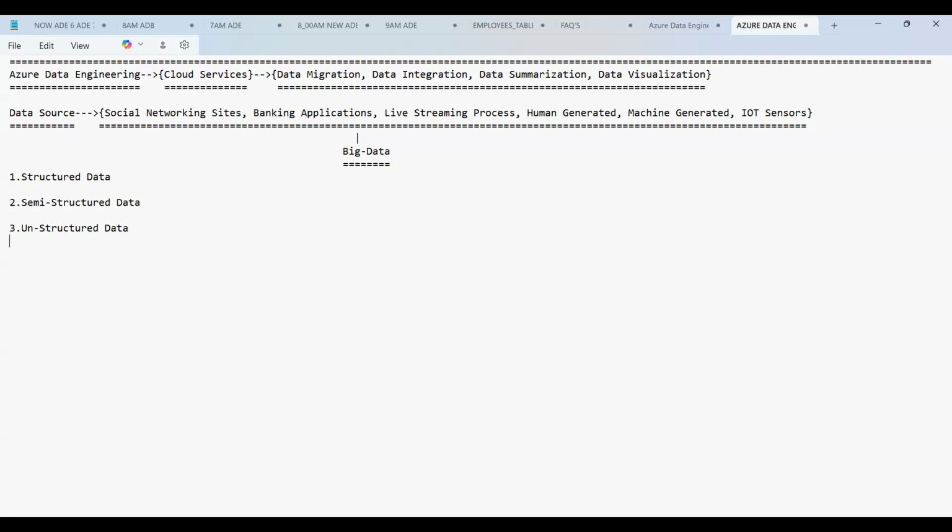These are the three types of data. As you already know, structured data is the data we get in the form of tables, that is, a collection of rows and columns.